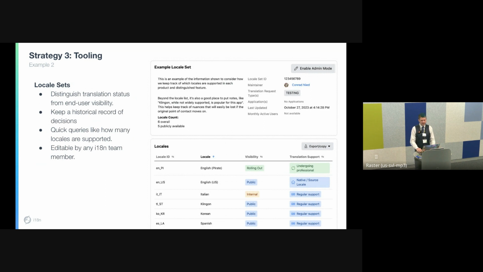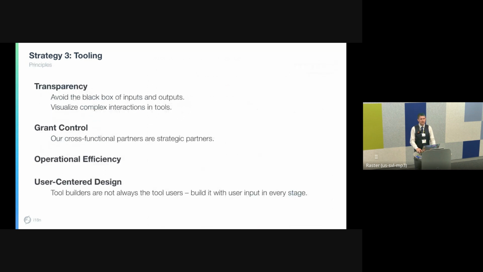Another really strong part of this tool is that it's editable by anyone on our INTnet team. So it's not just the engineer that can modify the configuration files, but my partners in language program management and language management can also make changes and add information here. The worst thing is when they ask an engineer to do something, the engineer has no context into this localization behavior, and then it just never gets done. But if I can empower our cross-functional partners to make the changes they need themselves, this saves my time and gives the decisions to the actual people that know it the most.